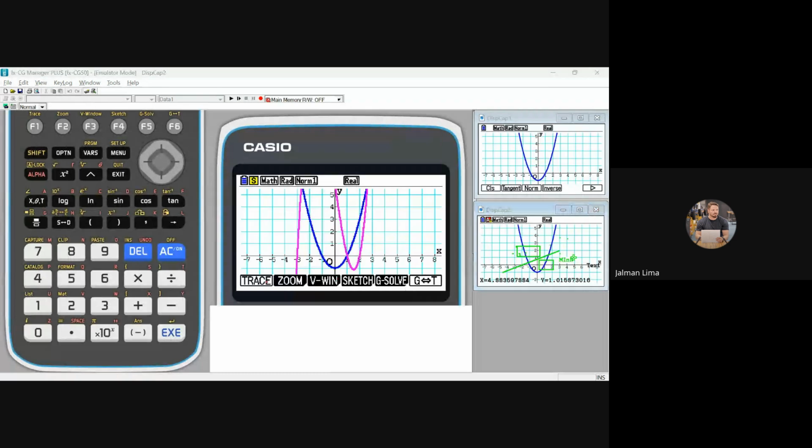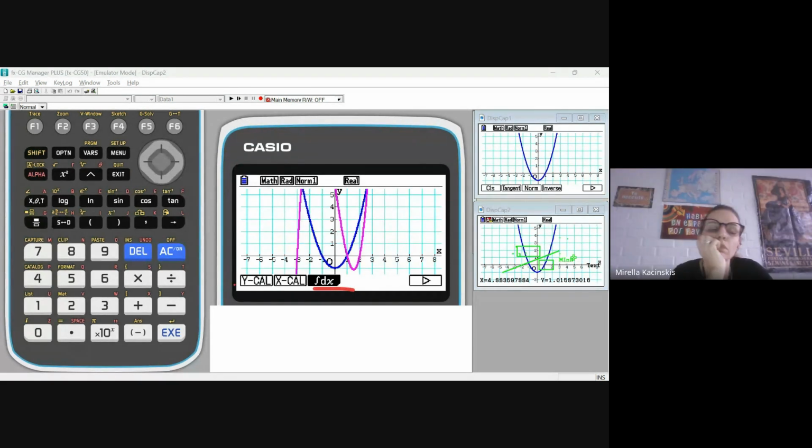GSolve stands for graphing, solving graphically. So anything about graph you want to solve, just go GSolve. And then I go to F6 to see more options. And here I have integral. But then, what should we do next? I'm going to choose